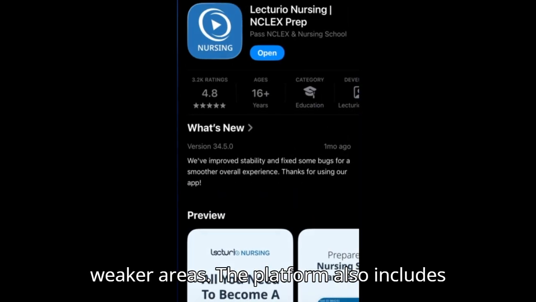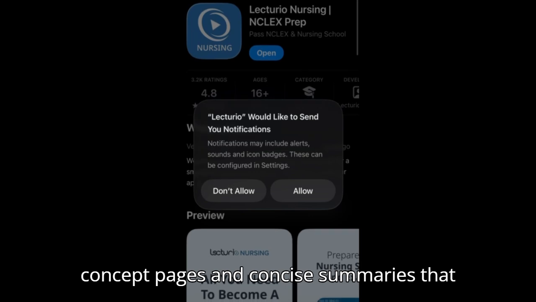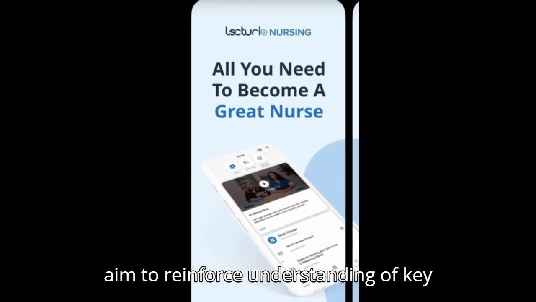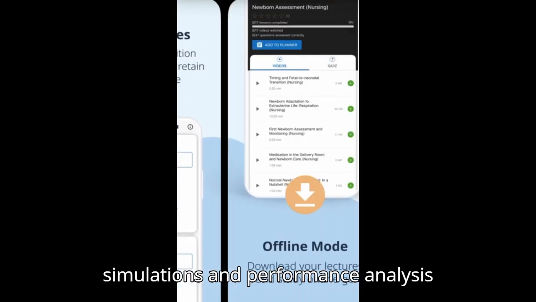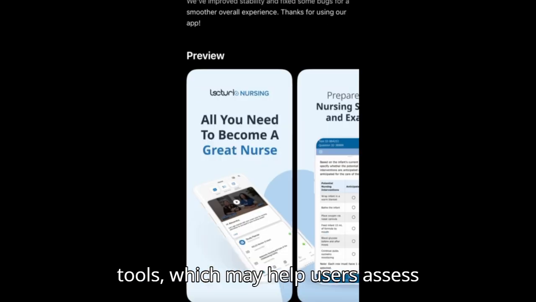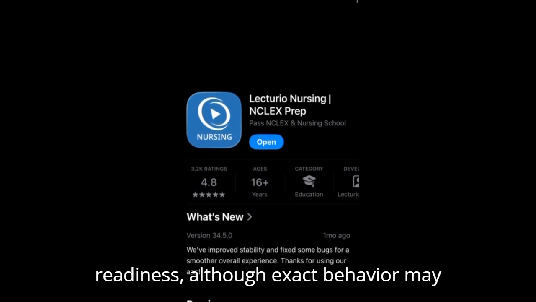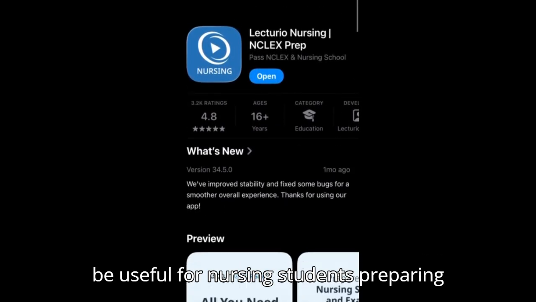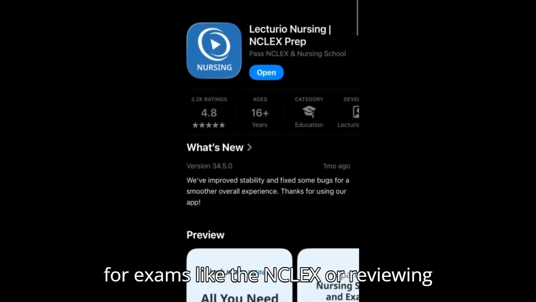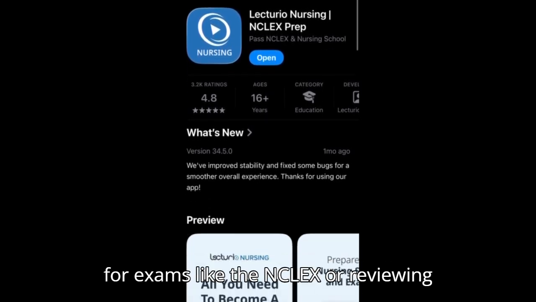The platform also includes concept pages and concise summaries that aim to reinforce understanding of key medical topics. Some sources mention exam simulations and performance analysis tools, which may help users assess readiness, although exact behavior may vary depending on usage. This app may be useful for nursing students preparing for exams like the NCLEX or reviewing academic